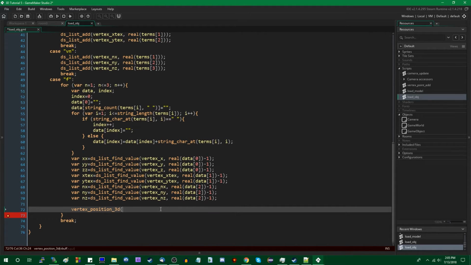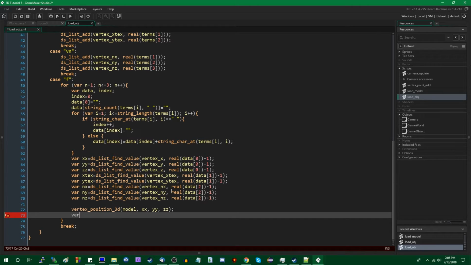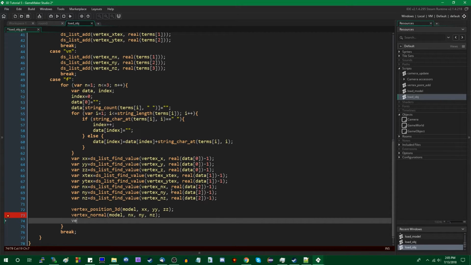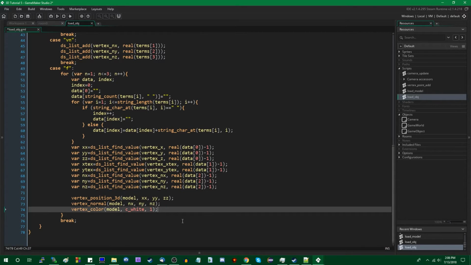So vertex_position_3d of model, XX, YY, and ZZ. Vertex_normal, model, NX, NY, and NZ. Vertex_color, which in my case is just going to be c_white, 1, because in most cases, as I think I mentioned earlier, the OBJ file format does not support colored vertices on its own.